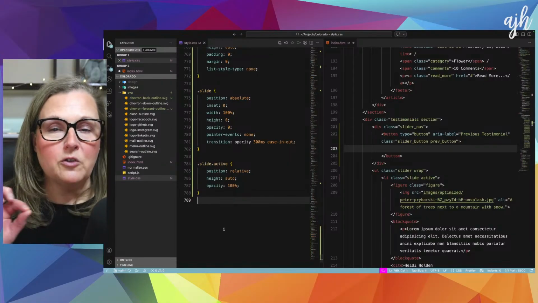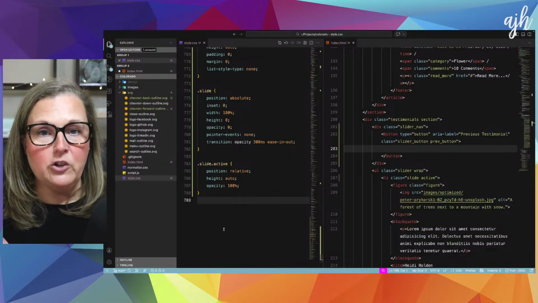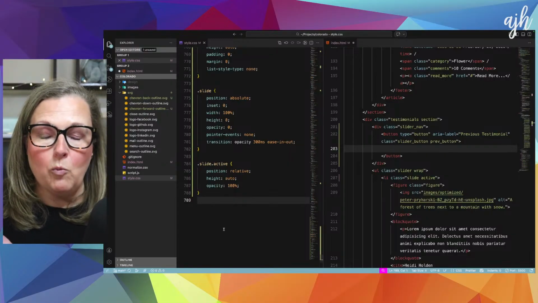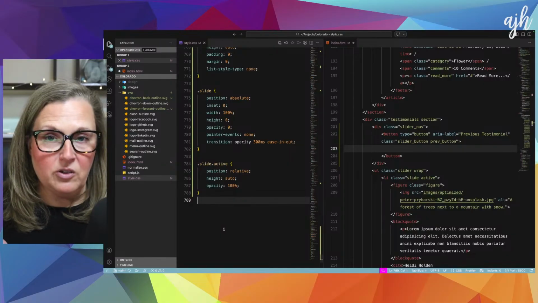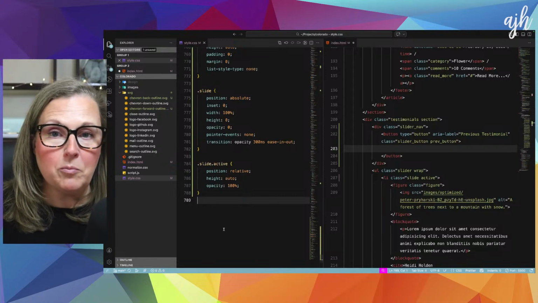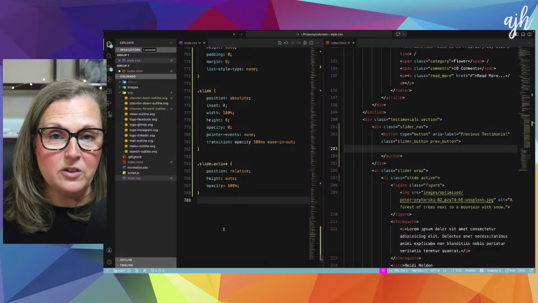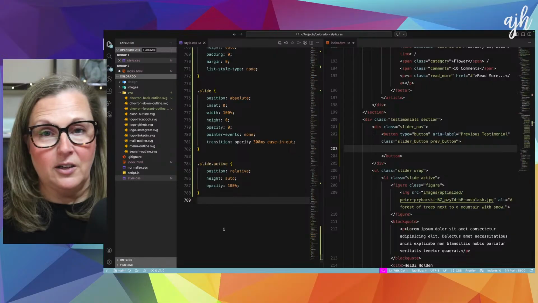Do you know the difference between a div and a span? That might sound rudimentary to you, but I have known one or two junior developers who didn't know the difference. Do you understand basic positioning? Do you understand display properties? Do you know the difference between block, inline, and inline block? What those differences are and why you would choose one or the other, or what the default property is.